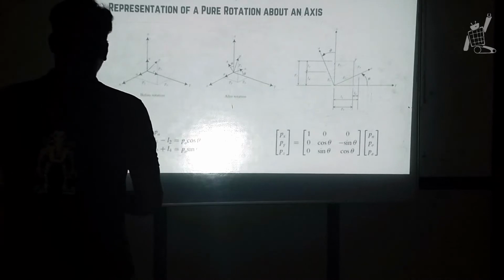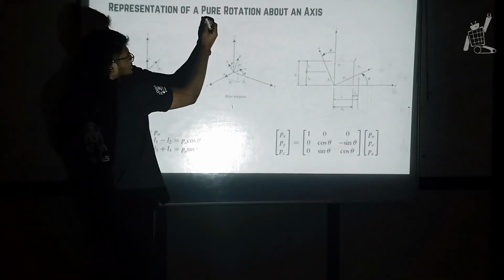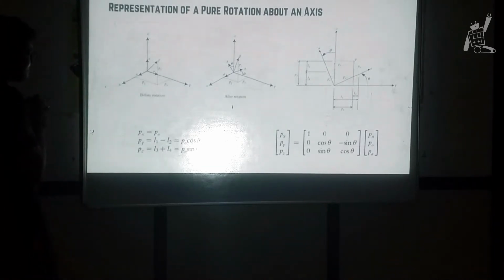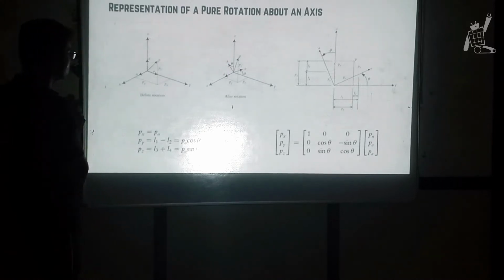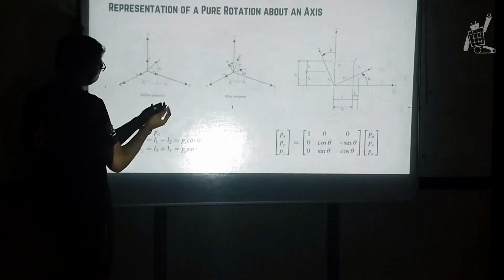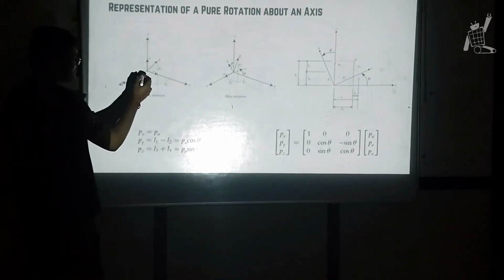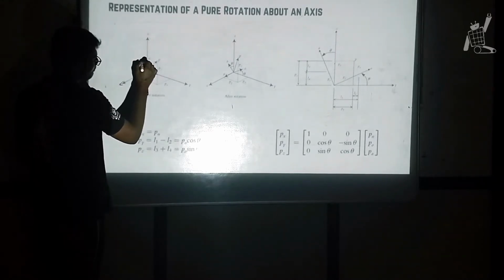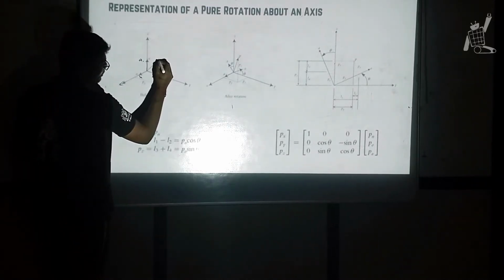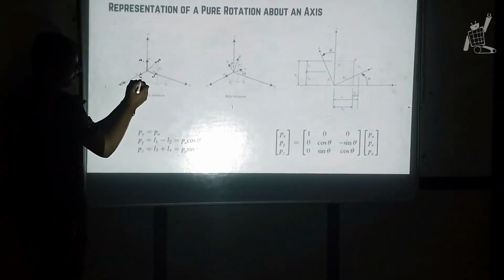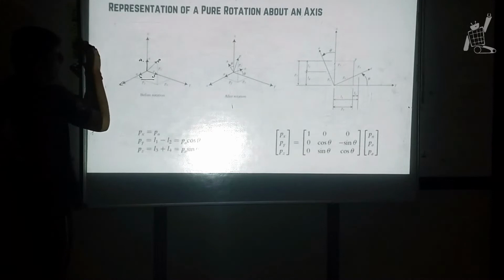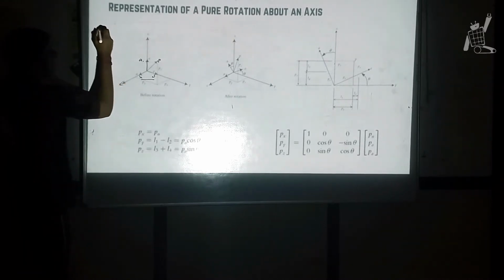Now we can see about the rotation. Last time we saw translation. Now we can see how rotation is happening with existing objects. There is a fixed frame F x y z. This is the small frame, the NOA frame, and I have a point P, which is attached to the NOA frame. So with respect to the NOA frame, I can write this vector like